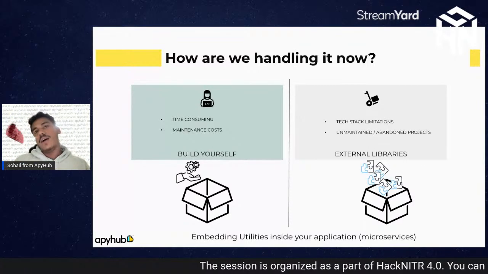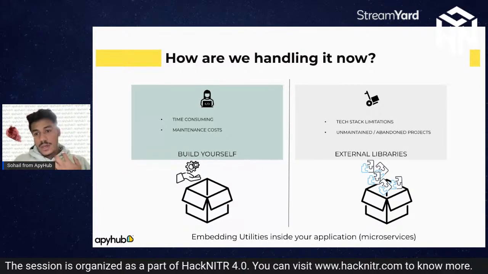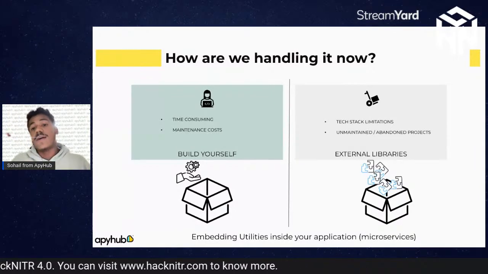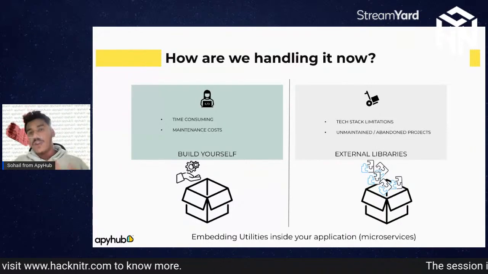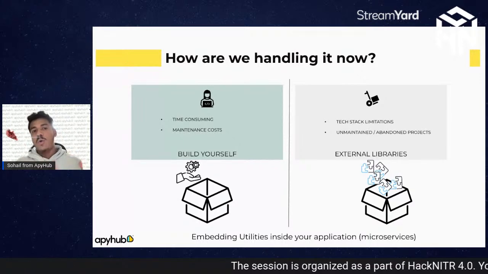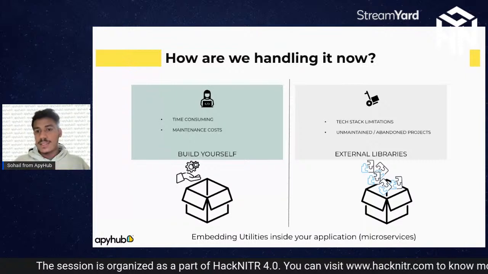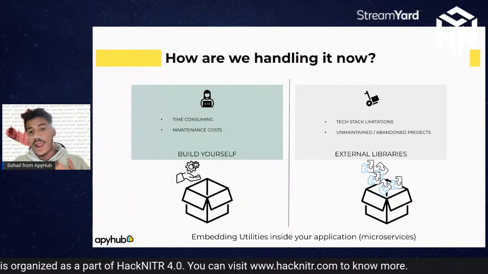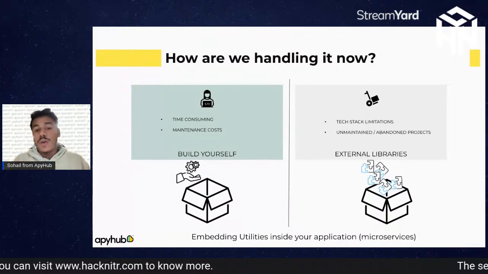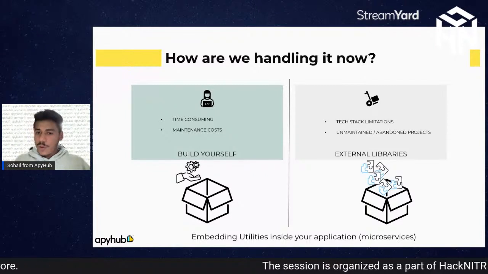But somewhere we try to focus on where we are getting the maximum output, right? So if it's an unmaintained and abandoned project, maybe a library, it does come with some vulnerabilities as well, and it might not be able to cater to your task. So we got to know how the traditional process of getting a library works right now. You build it yourself, or if you don't want to, you look at the other side, and that's how you embed utilities in your applications.